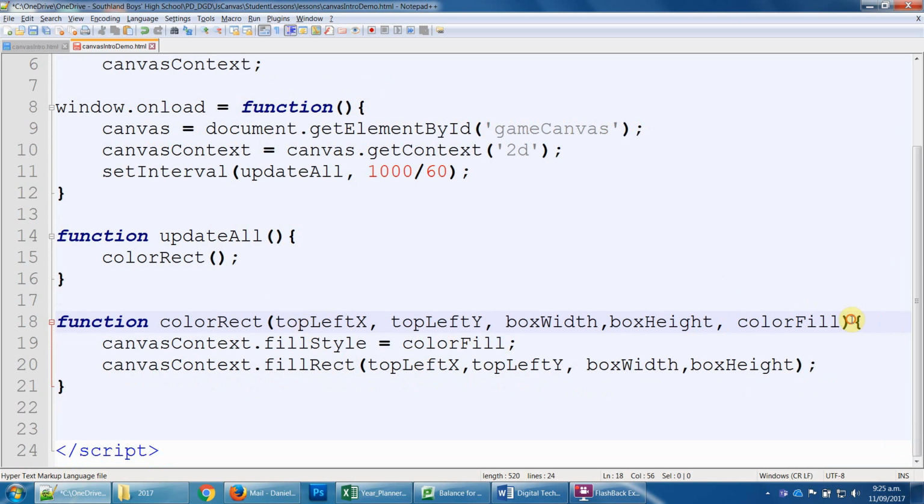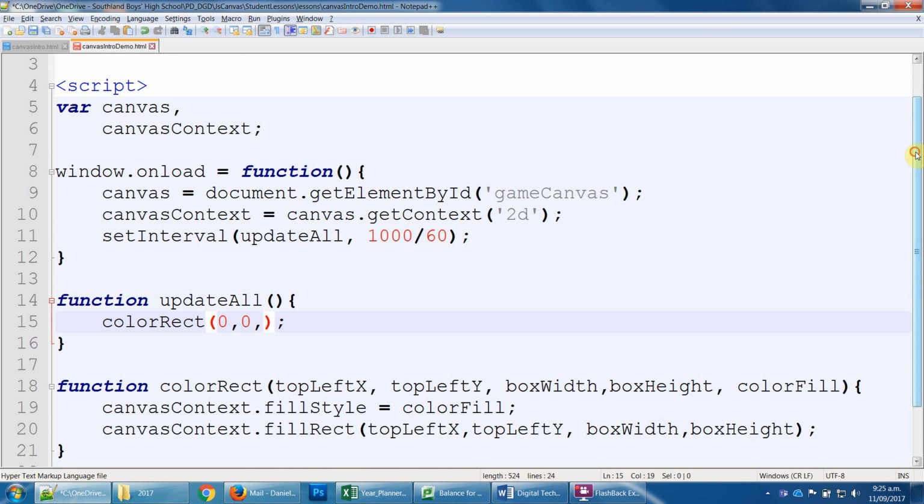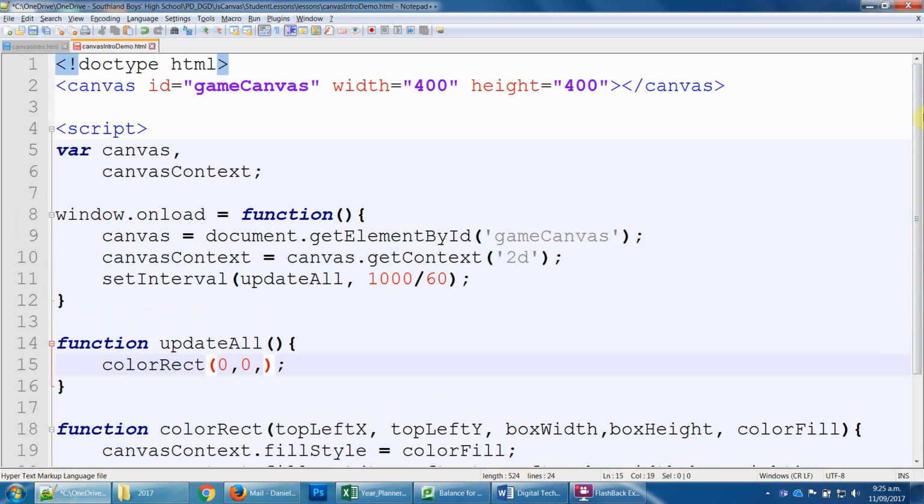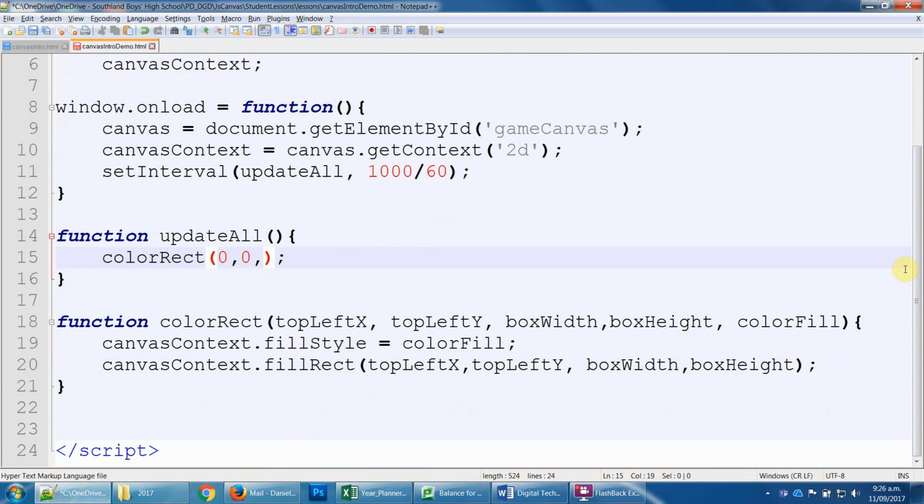Okay, so now that we've got these things defined down here, I would then type them in order going here. If I wanted to do the whole canvas and fill it in black, this would be 0, 0, and then the width. I want the full width, and I know up here I said it was 400, but an easy way to say that, because what happens if I wanted to change it later, is I can just go canvas, which is this one here, the whole thing, grab it, dot width,